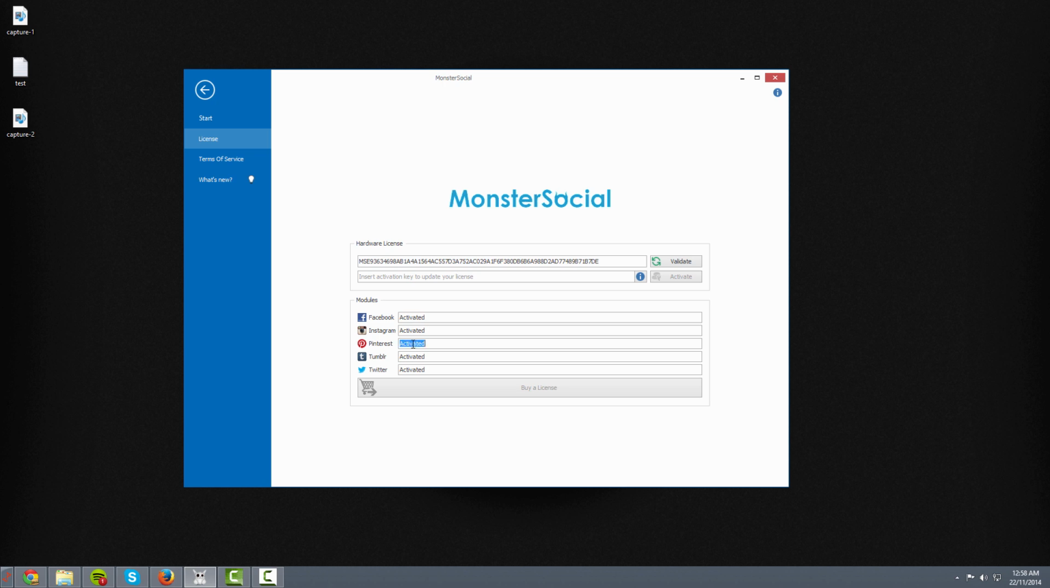Now, when you come here, if you haven't purchased the program already, you can actually buy a module, or a license, through the program itself. So if you came here and it was all not activated, you could press buy a license and you could buy whichever one you please. So you could buy one for Facebook, Pinterest, Tumblr, or all 5 of them. Now, having a look here, this is the hardware ID, and we've got to insert an activation key. So you can actually purchase the program itself, obviously, through the program,